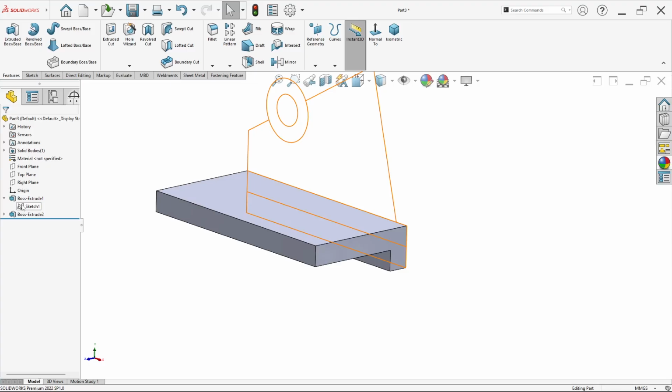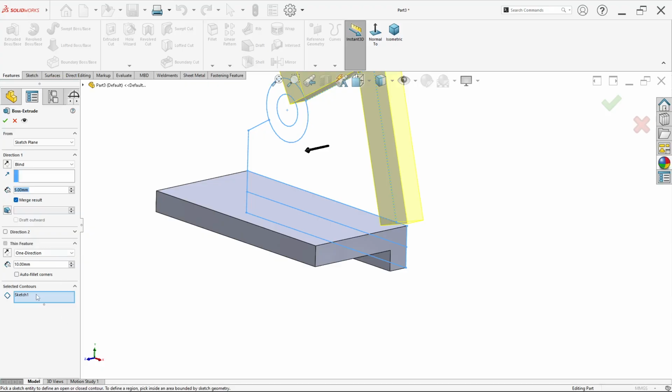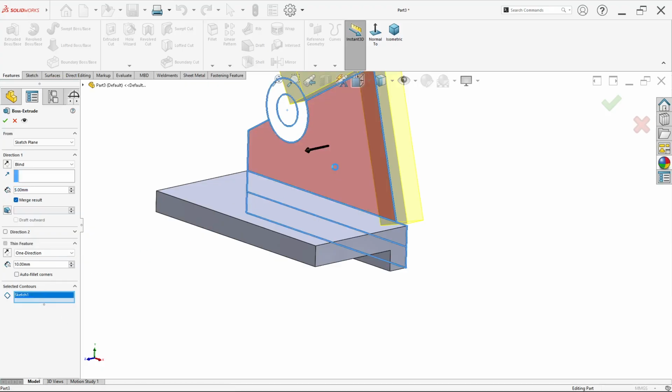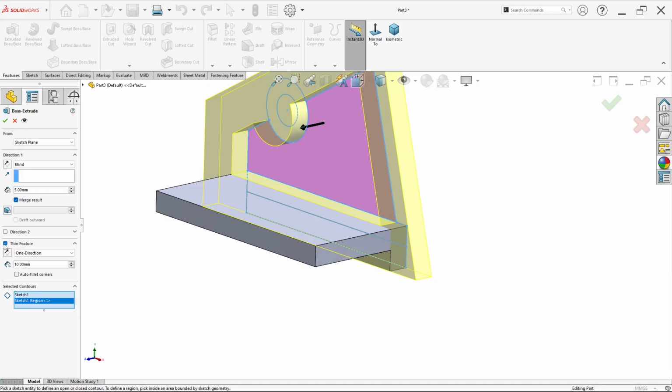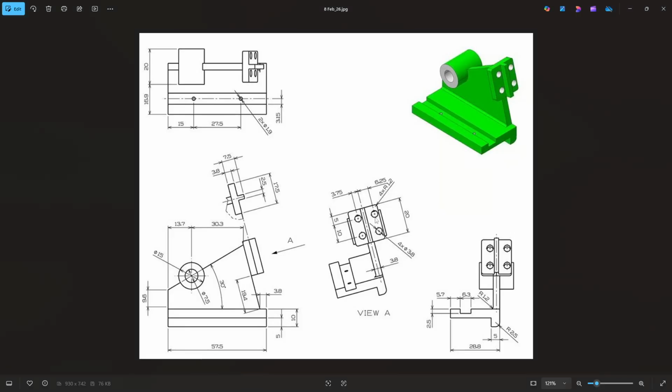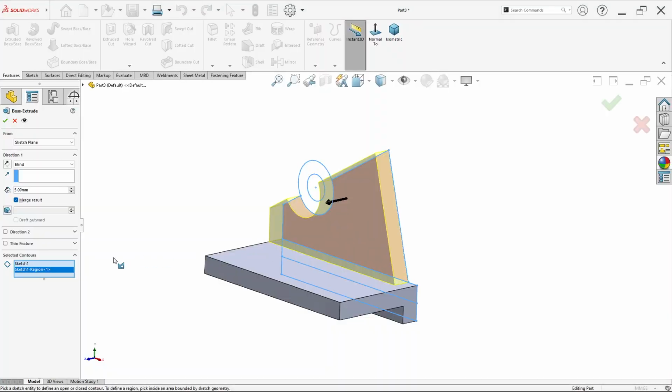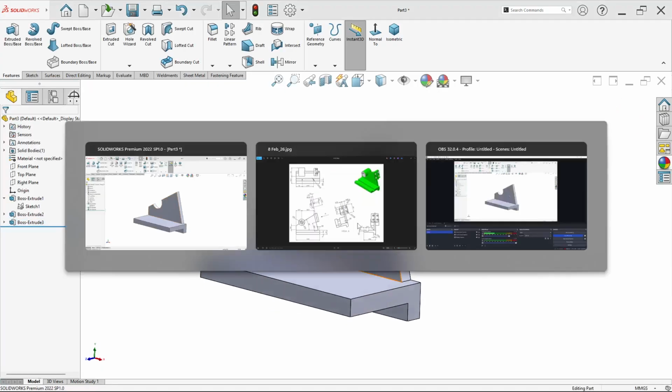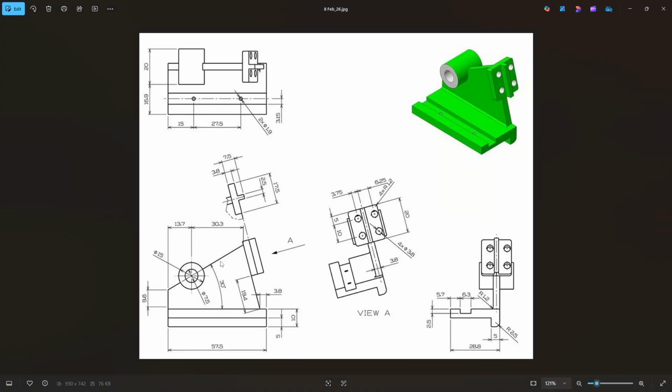Now click again on sketch 1 and click extrude boss or base. For the contour, select this sketch and check thin feature. For the width set 3.8 millimeter. Click OK and done.